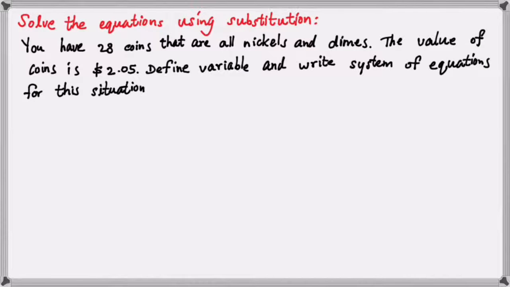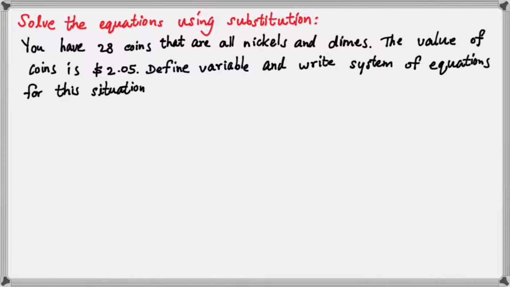Read this question carefully. It says that you have 28 coins that are all nickels and dimes. So you have 28 coins. So let's assume that